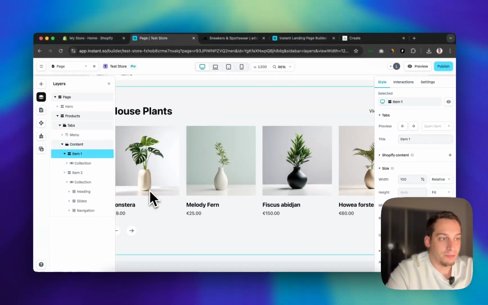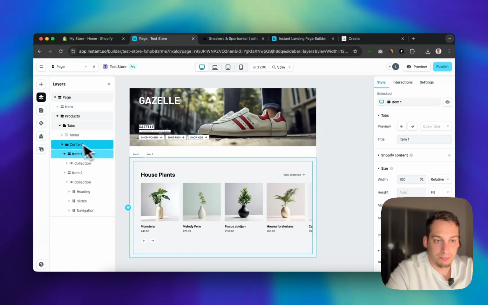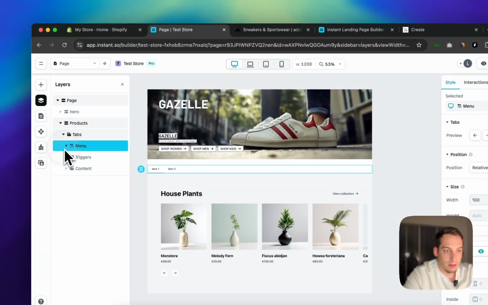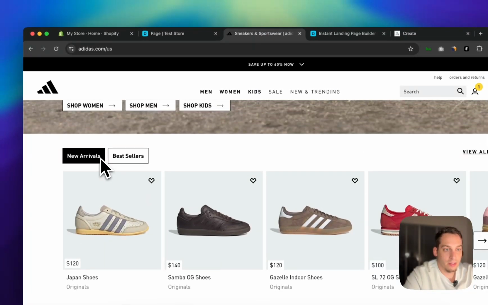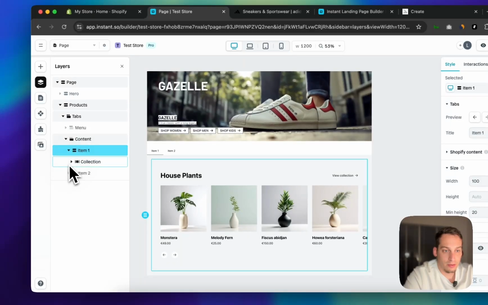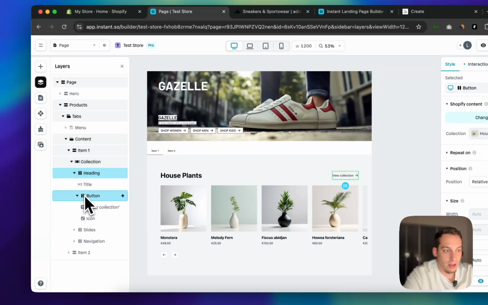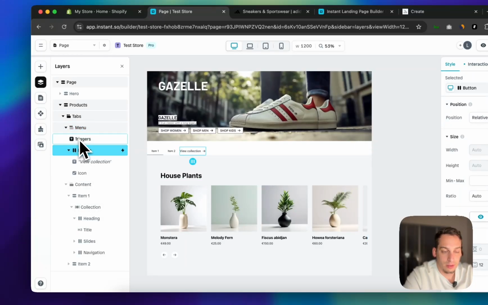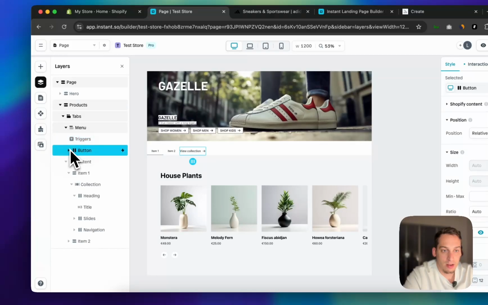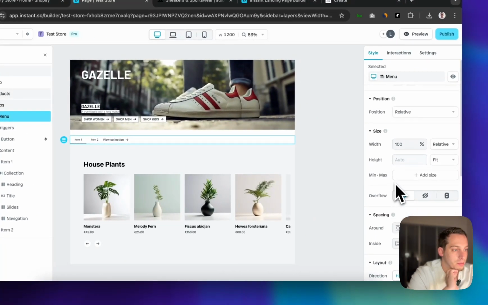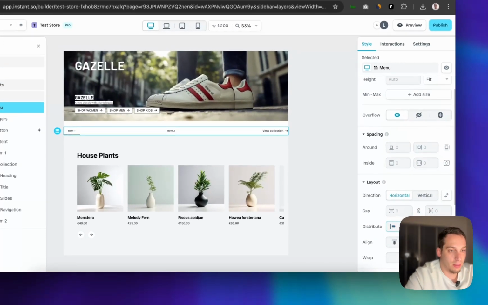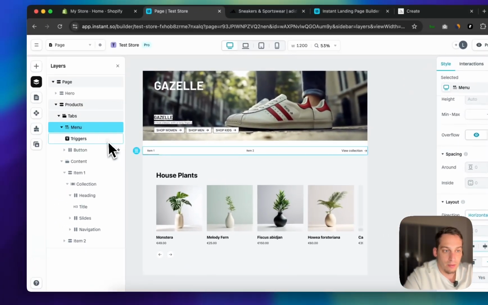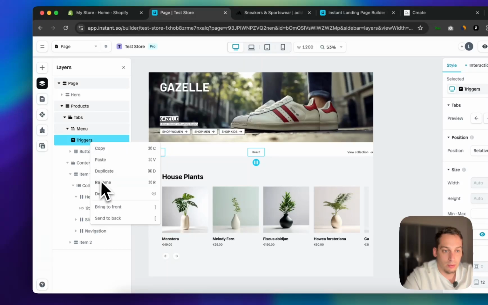And now what we can do is we can actually edit this a little bit, right? So we have our menu up here, we have our content. It's not looking exactly like it is in the Adidas store, so let's just make sure that we can adjust this a bit. So we want to put this button, I would say, somewhere here. I would put these triggers in this button. I'd probably make this something with the spacing. I would make it like this if it's possible. Okay, it is, but we're gonna make these triggers into one